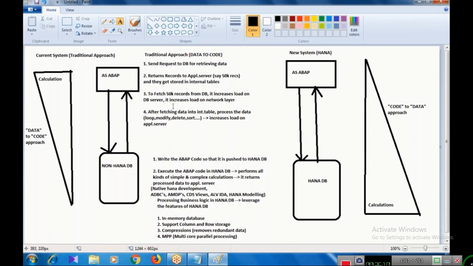And where do we do this development? We require HANA Studio. So how to get that HANA Studio? I'll let you know in the coming sessions. You need not install it on your own. It is not possible to install on our system. So my suggestion is there are many vendors who will give their server for rental access. Once I start with the practical part, maybe tomorrow onwards, I'll be sharing their vendor